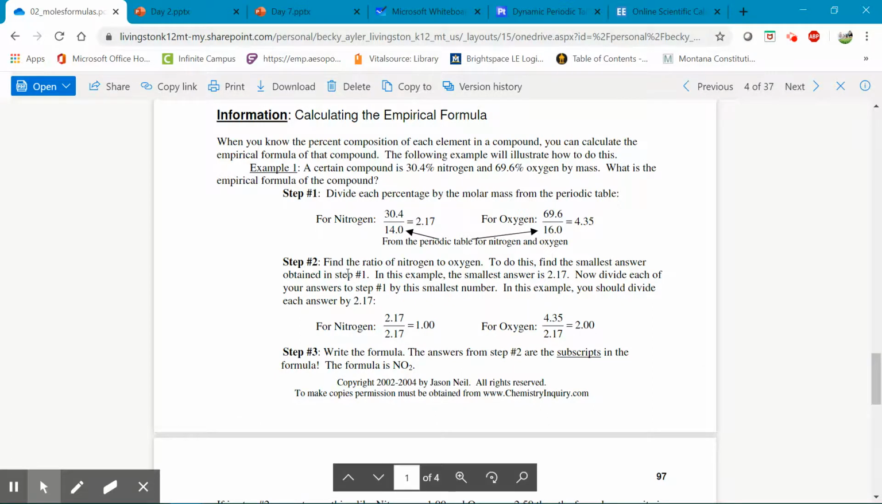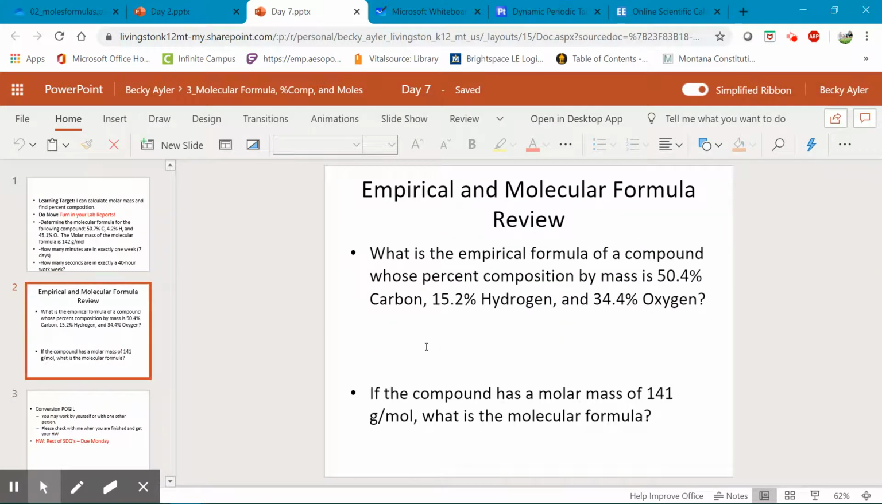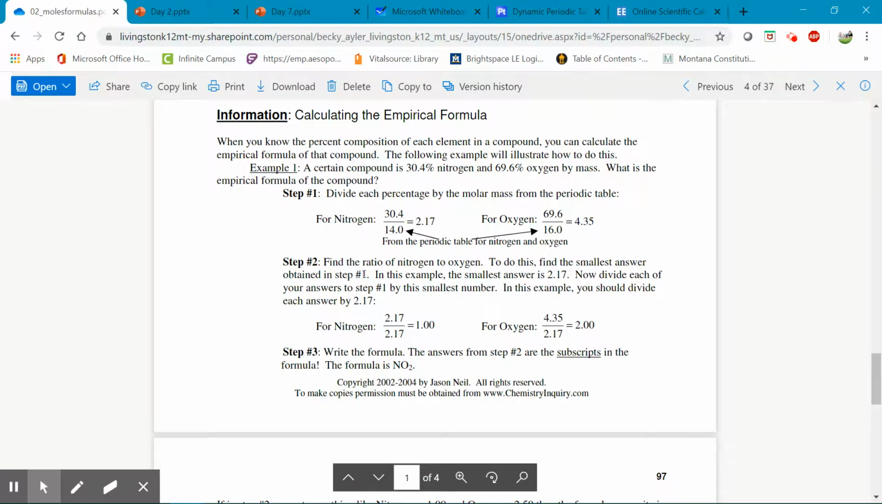And so we need to know the steps of how to calculate empirical formula. And your POGIL does a really nice job of outlining this, but to make sure that we are understanding the steps, I have a problem here that we are going to work through together. So, let's see, here we are. What is the empirical formula of a compound whose percent composition by mass is 50.4% carbon, 15.2% hydrogen, and 34.4% oxygen? So if we go back to the